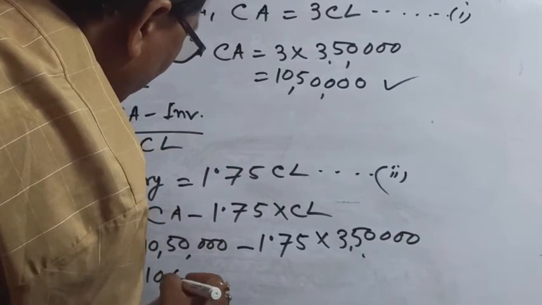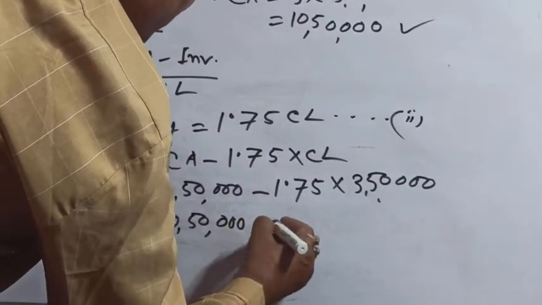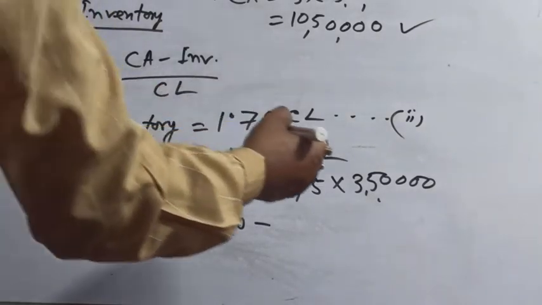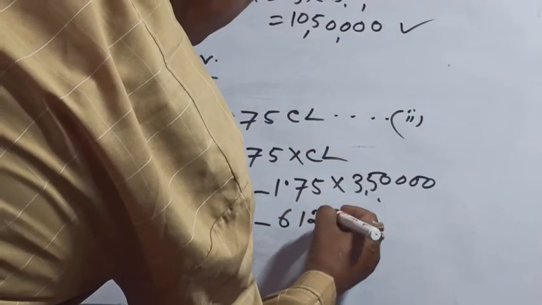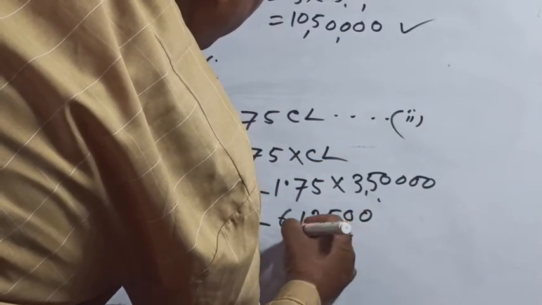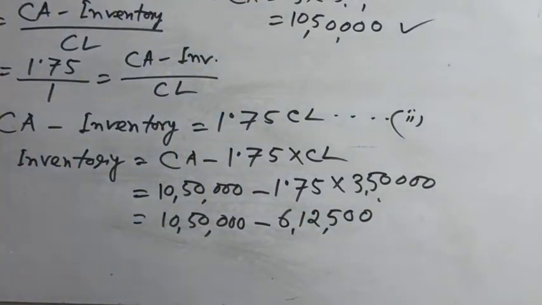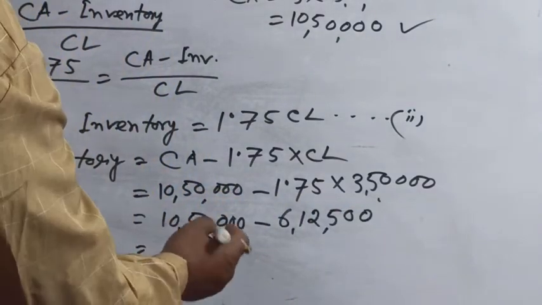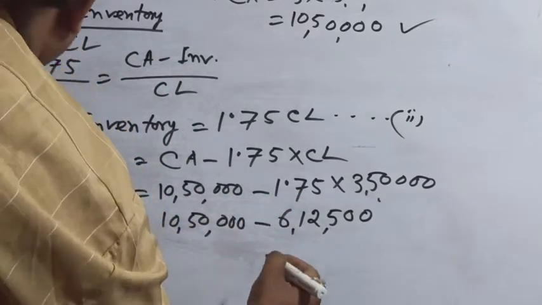That is equal to 10 lakh 50,000 minus your multiplication. What is the amount of multiplication? 1.75 into 3 lakh 50,000 is equal to 6 lakh 12,500. Therefore, inventory equal to 10 lakh 50,000 minus 6 lakh 12,500, that is equal to